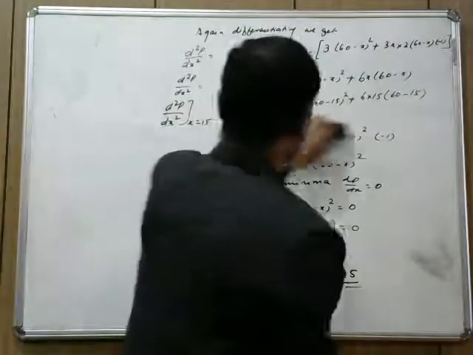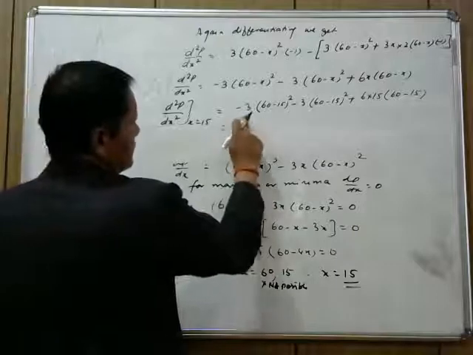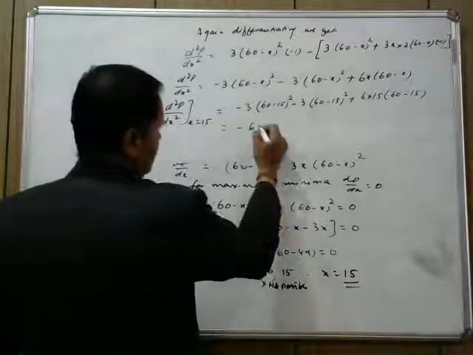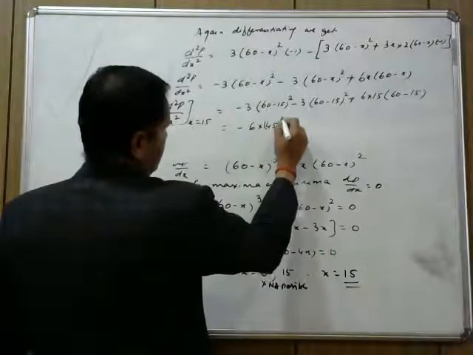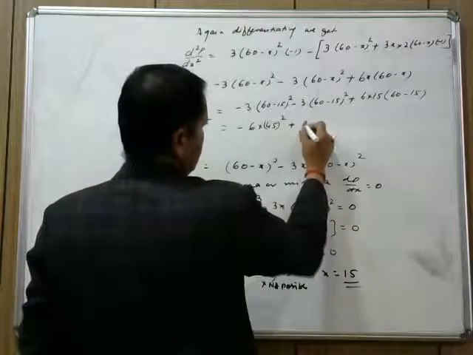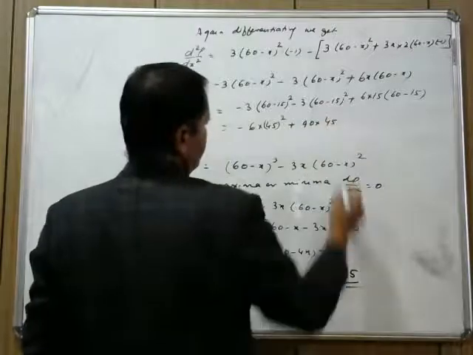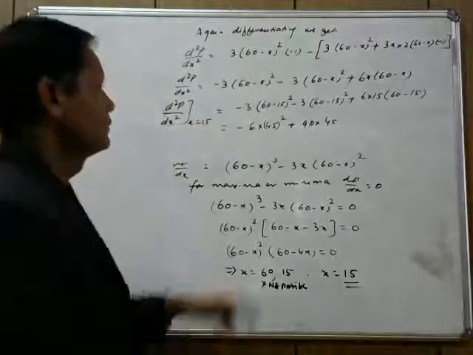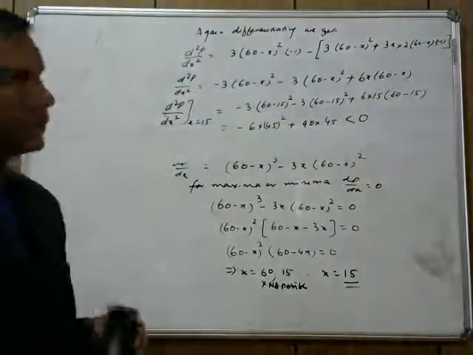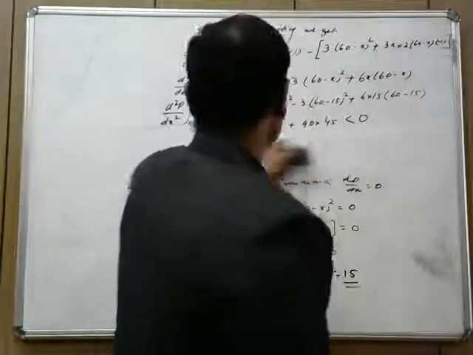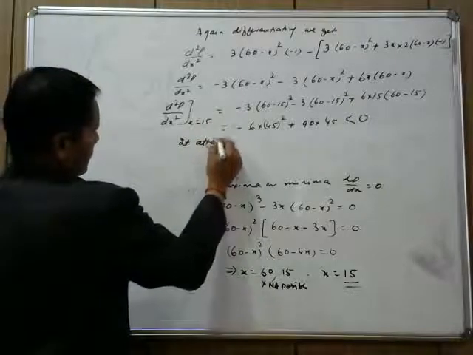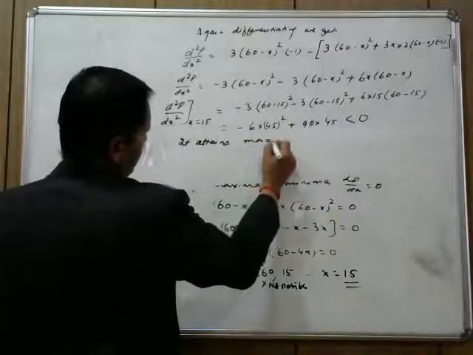That will give you minus 6, 60 minus 15 is 45, whole square, plus 90 into 45. Of course this is less than 0, therefore it attains maximum value